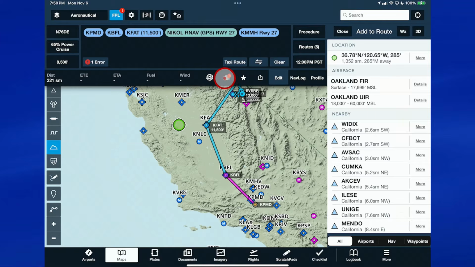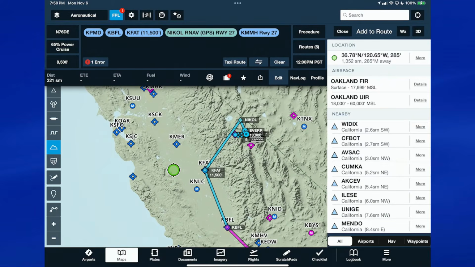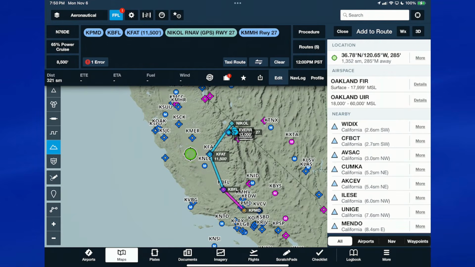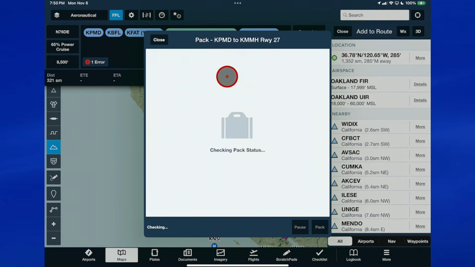an exclamation point, a red ball on my pack button, which means I don't have everything I need for this flight. Now that could be maps, charts. It's going to take basically a 50-mile corridor in any state that you touch along that. If I only had California, for example, it would want to download Nevada at this point. So if you don't keep everything on board, it's going to go get what you need by packing, by clicking on this button right here.